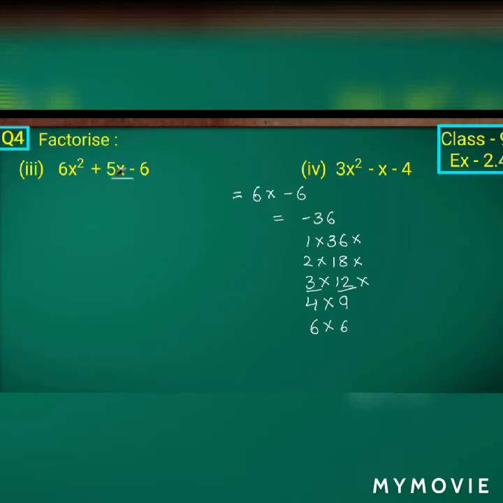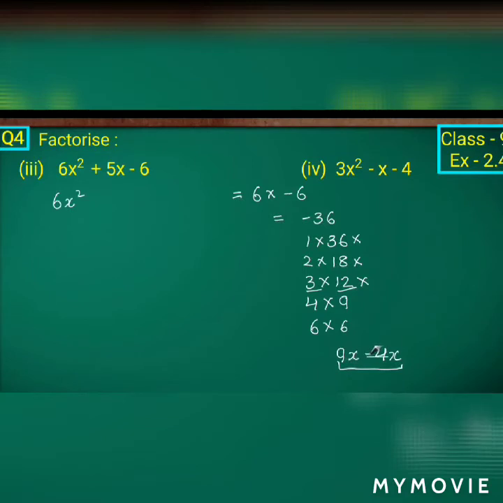So that is how we have to take the factors. While taking the factors we have to be very careful. So plus 9 minus 4x to get 5x. I am just replacing with the terms. Plus 9 minus 4, which is giving 5x, and plus 9 into minus 4, which is giving minus 36, isn't it? So the product should be minus 36 and the addition or subtraction should be plus 5.